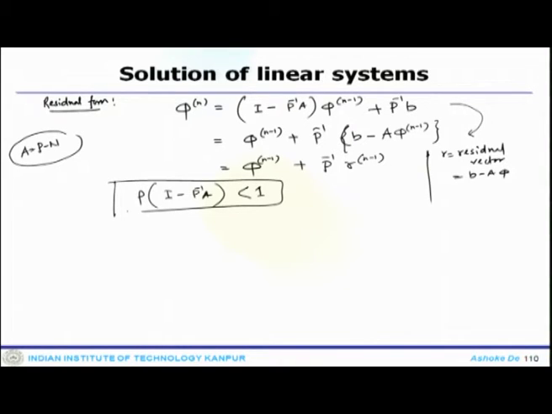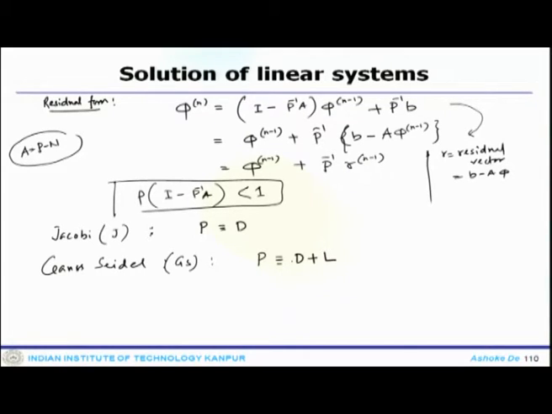Now, if you compare this preconditioned system with two other methods that we have discussed, one is the Jacobi and the other case is the Gauss-Seidel. If you compare these two with this preconditioned system, one can immediately see that for the Jacobi method, P is equivalent to your diagonal matrix, and for Gauss-Seidel, P is nothing but your diagonal plus lower triangular system. So, that is the equivalency one can see.